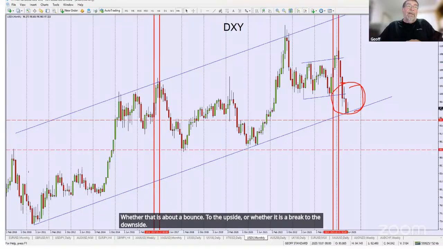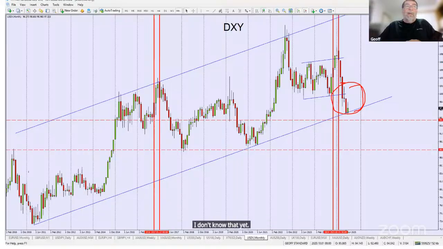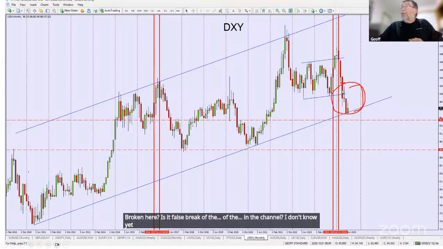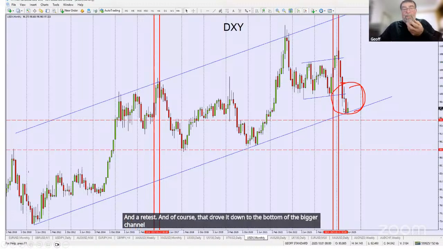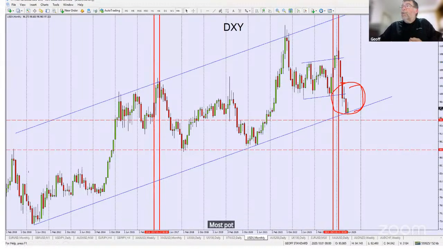I don't know that yet, but that doesn't matter because I can wait until the market tells me exactly what is going to happen next. Smaller channel, broken, false, broken here. Is it a false break of the inner channel? I don't know yet. But it looks to me like we've had a break and a retest. And of course, that drove it down to the bottom of the bigger channel, the most potent, if you like, of the two channels. Now, what happens next? Do we go,